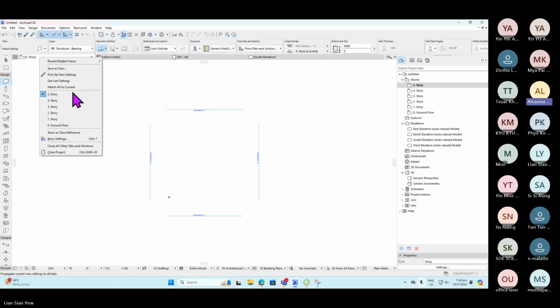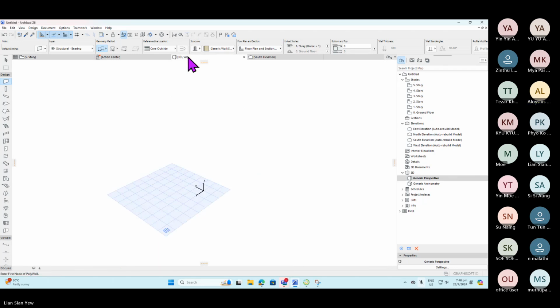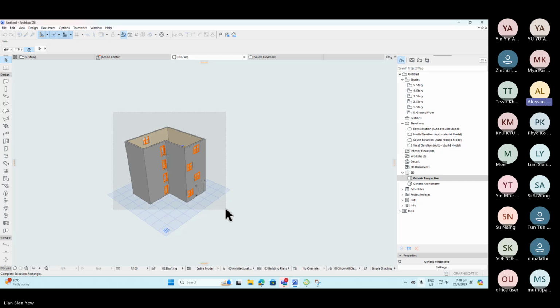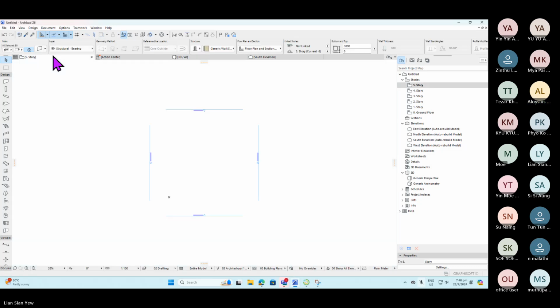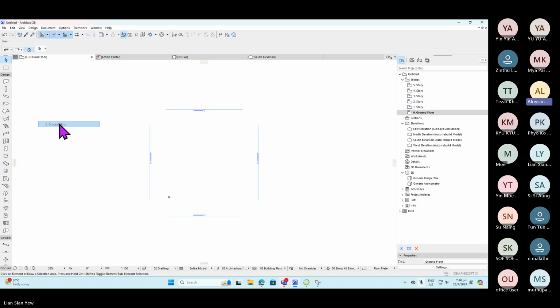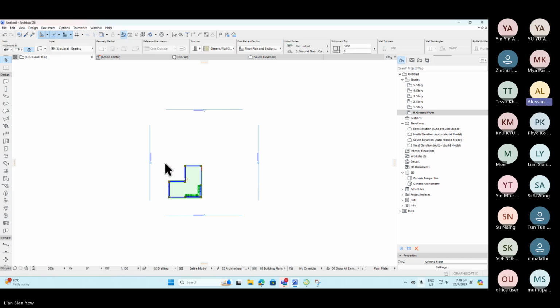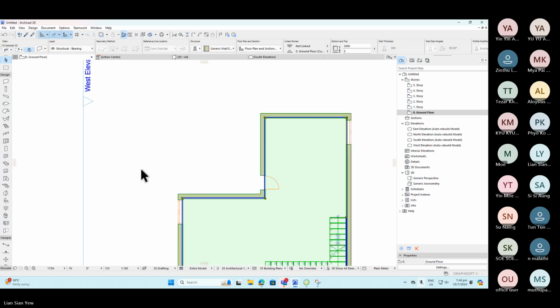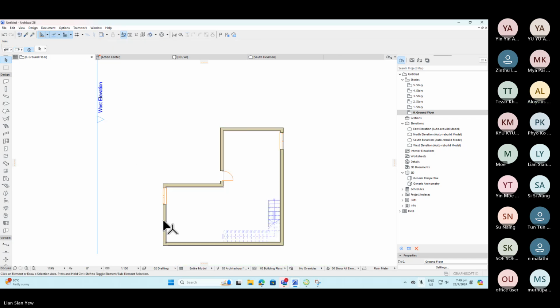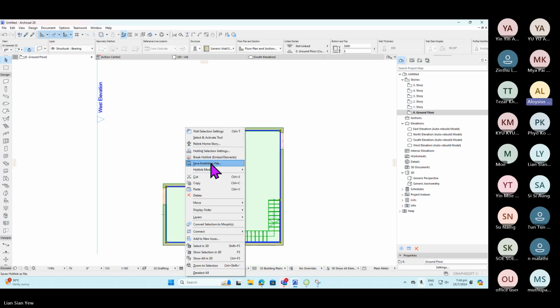Okay, and if I can go to my 3D now, right? You can select everything here. And I will just want to end off by showing you that you can manipulate all these floors. And you can,